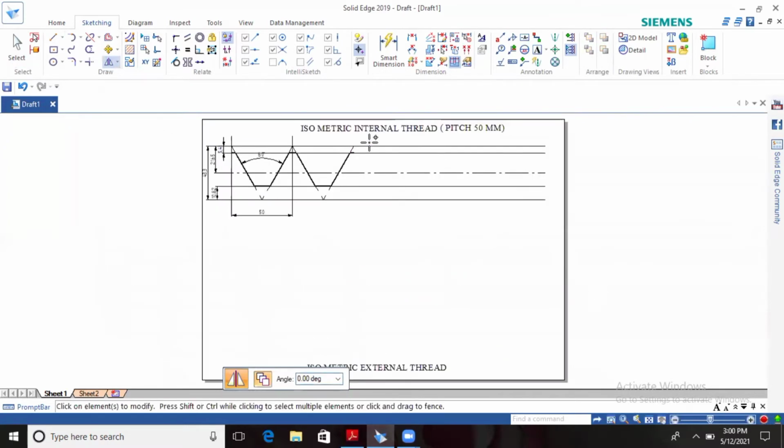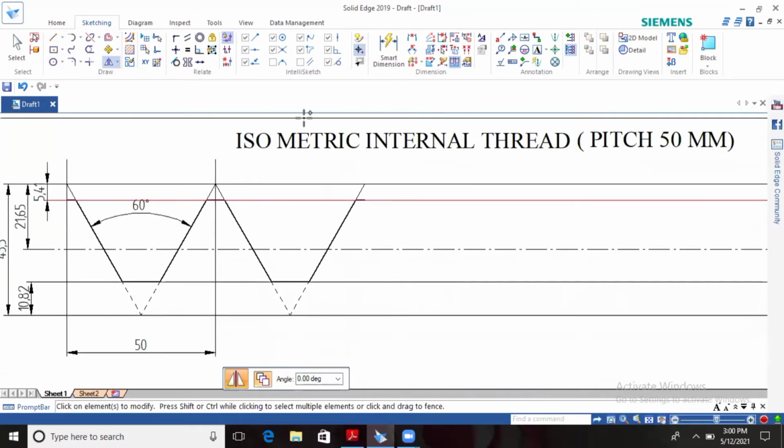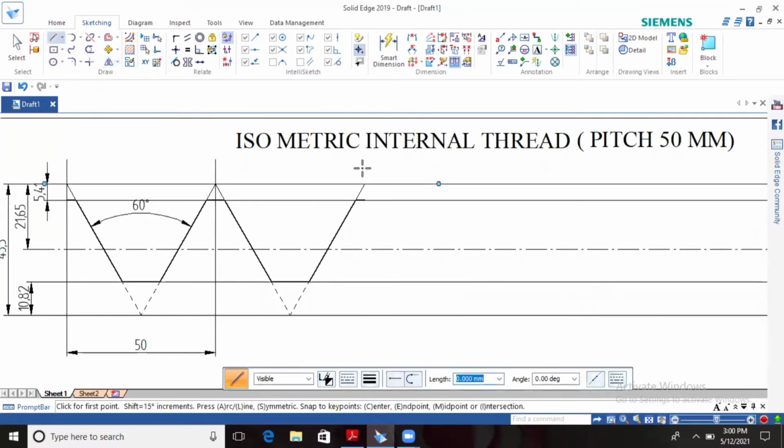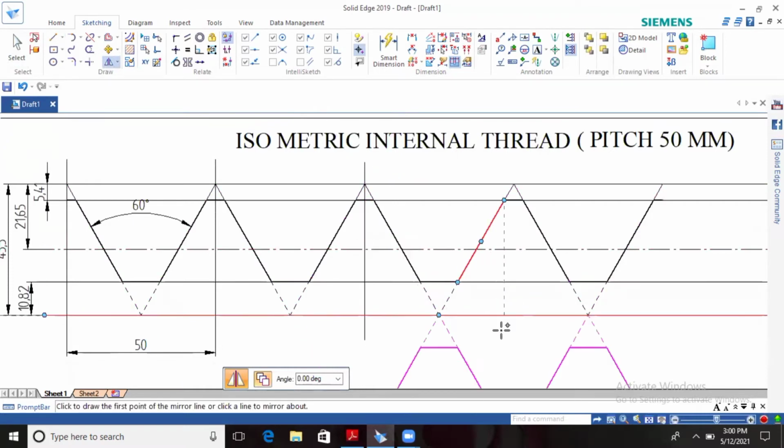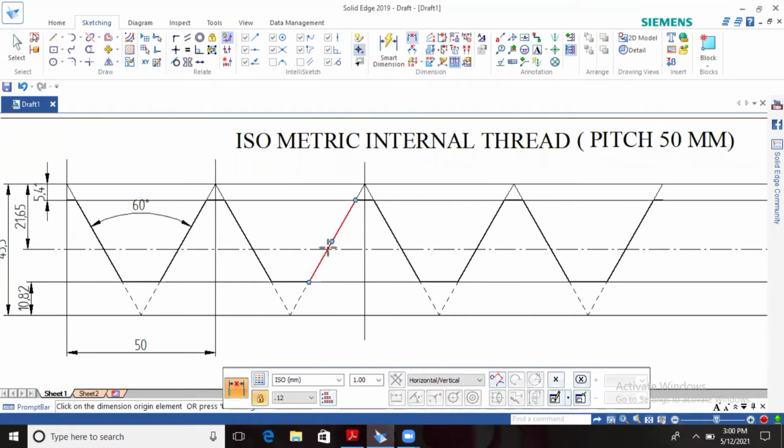Take one line after the thread and mirror the whole thread. Select the 2 threads here and mirror them, so it will come to 4 threads in total.